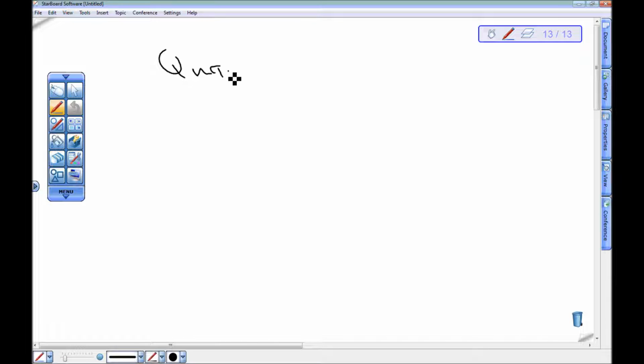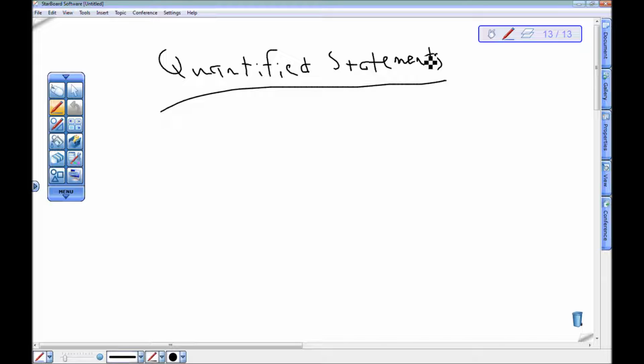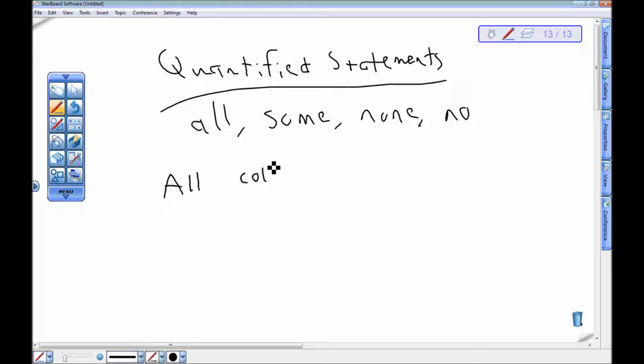Quantified statements are statements that have words like all, some, none, or no, affecting the subject, or the main noun in the sentence. For example, all college students